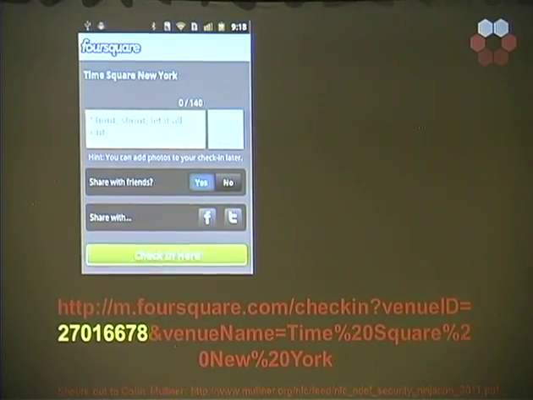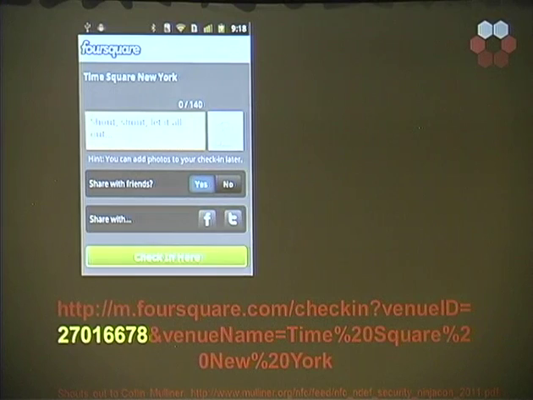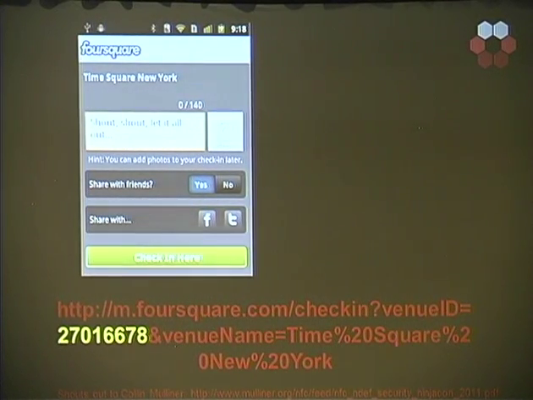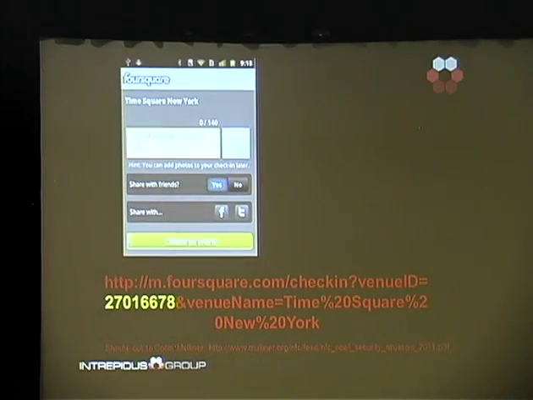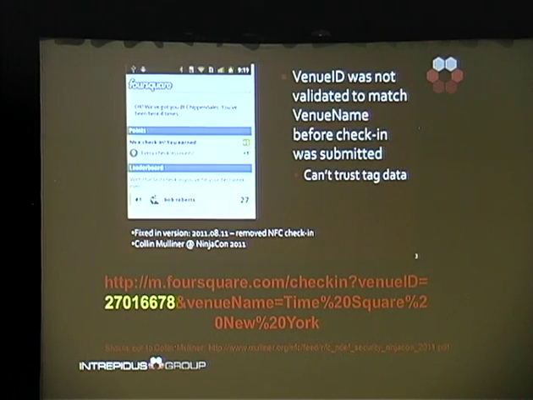So if an attacker were to create a fake NFC tag that had the venue name Times Square, which is where you think you are, but a different venue ID, you end up checking in someplace else, at Chippendales.